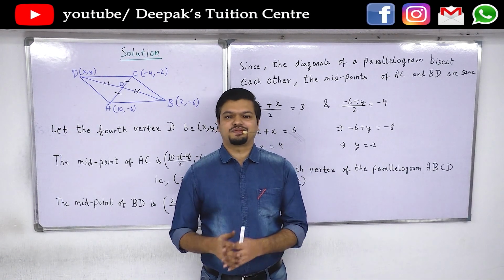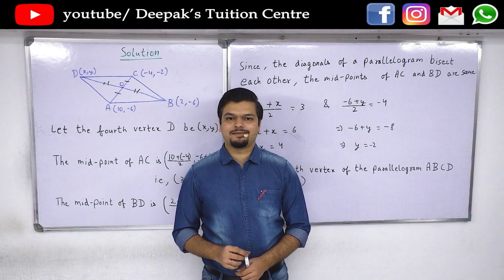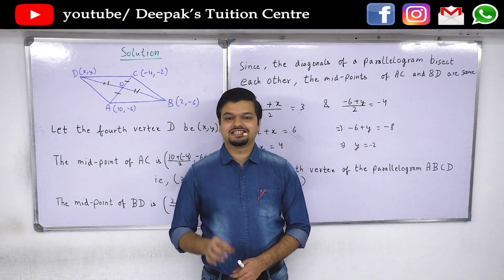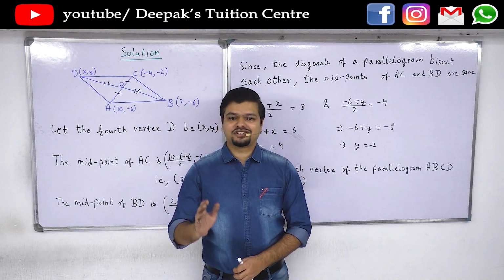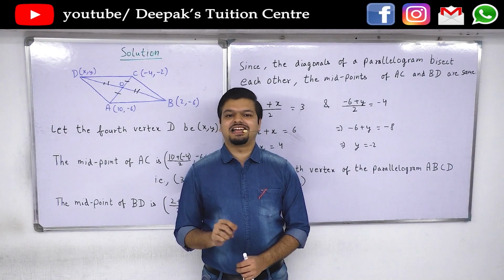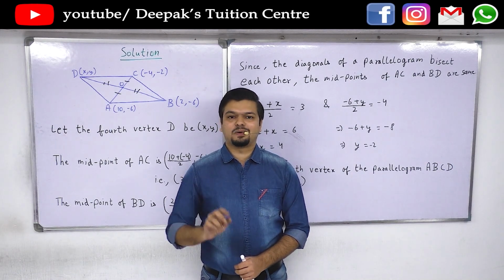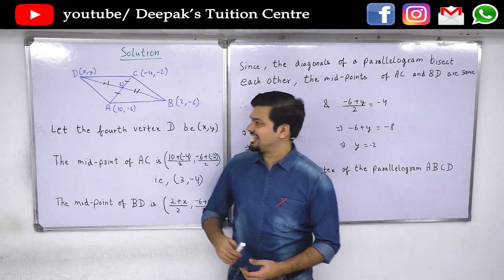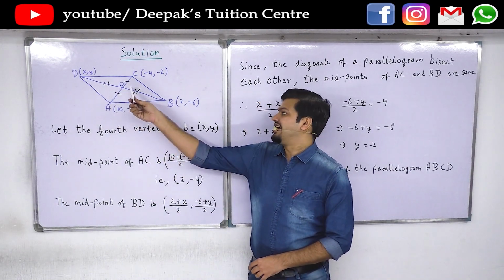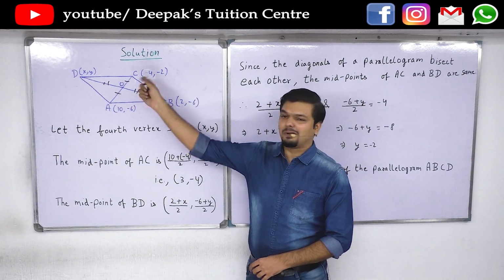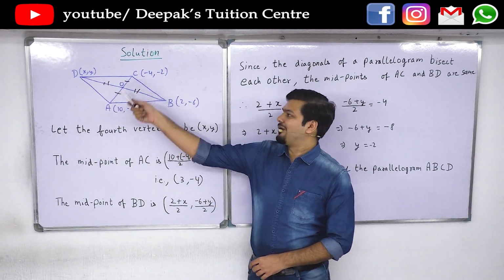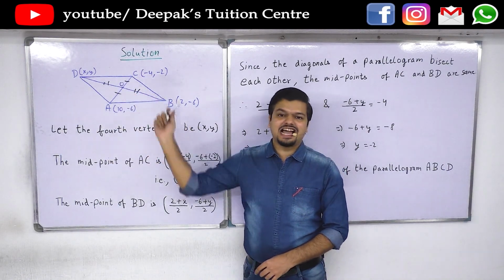Since the coordinates of 3 vertices of the parallelogram ABCD are already given in the question and we need to find the fourth vertex, before going into that, we should remember certain properties of a parallelogram. The property concerned here is that the diagonals of a parallelogram bisect each other. To state simply, BD and AC bisect each other, that means OA will be equal to OC and OB will be equal to OD. That is, O is the midpoint of both AC and BD.